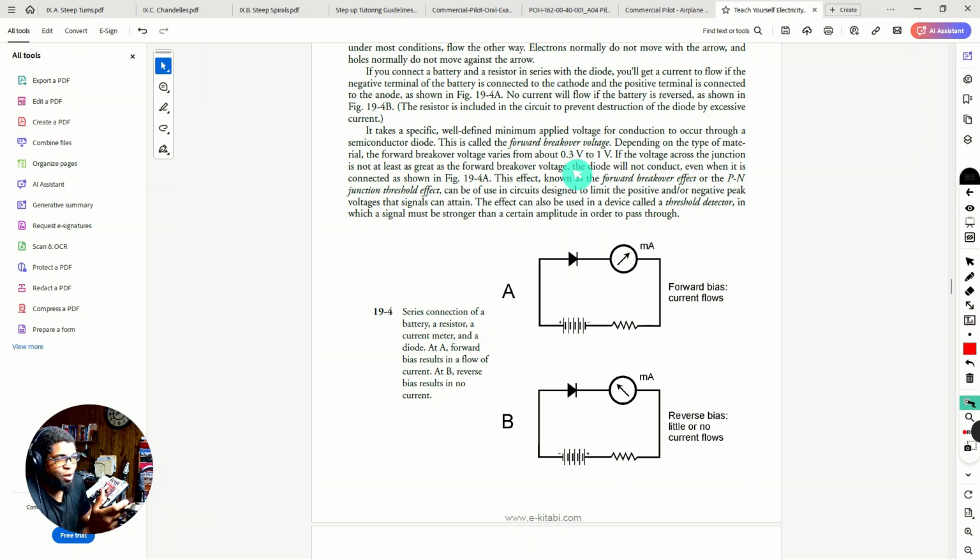The general diode, which is what we're going to be mostly concerned about and what we talk about mostly in electronics, is going to be referred to as having a 0.7 forward breakover voltage. Or when we talk about transistors, we more commonly call that the bias voltage. You can maybe see how it's implied why it would be called the bias voltage, because it biases it to be forward biased. It's telling it, I want to go there. It's biased towards a certain direction once you hit